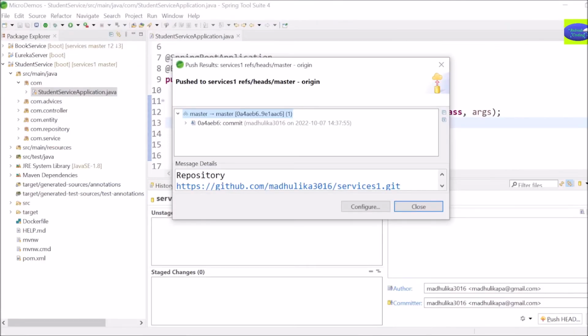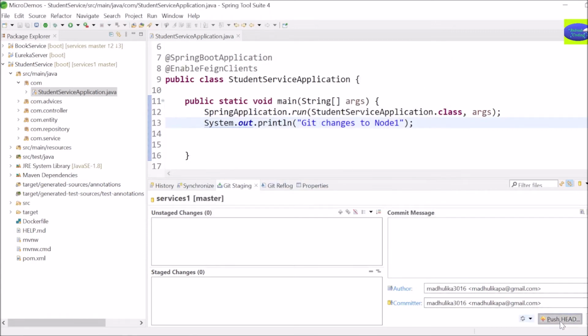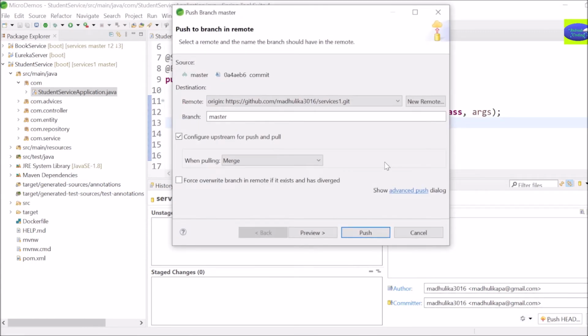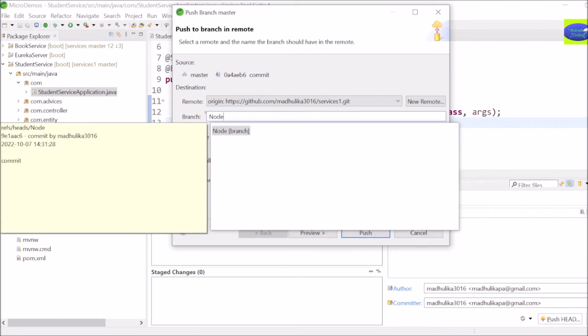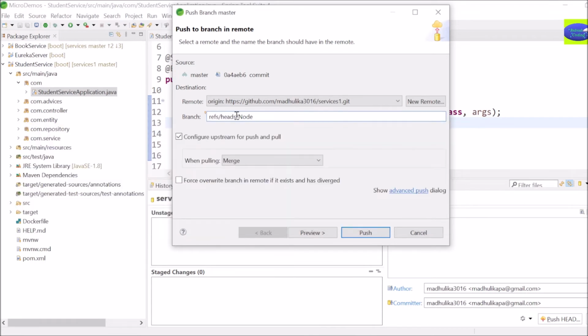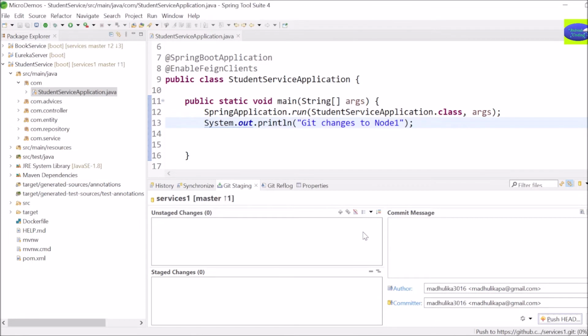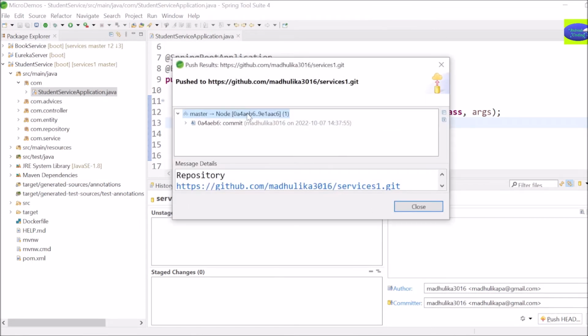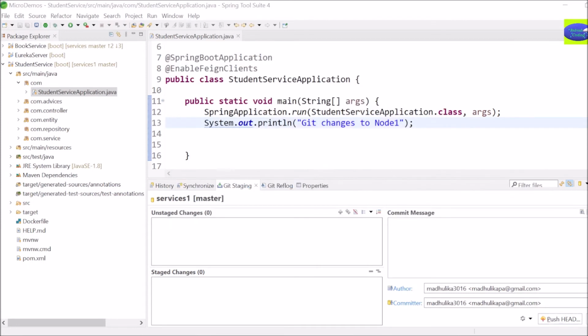So in that scenario, what I will do, I will just simply say push head, means whatever changes are done, and I will not select here master, rather I will write here node branch. Okay, and I will enter node and I will push. And now if you can see, it is pushed to master, which is your root branch, and to node. And if you check your GitHub now,